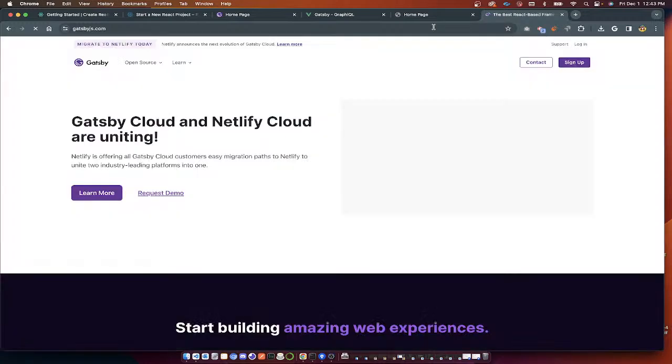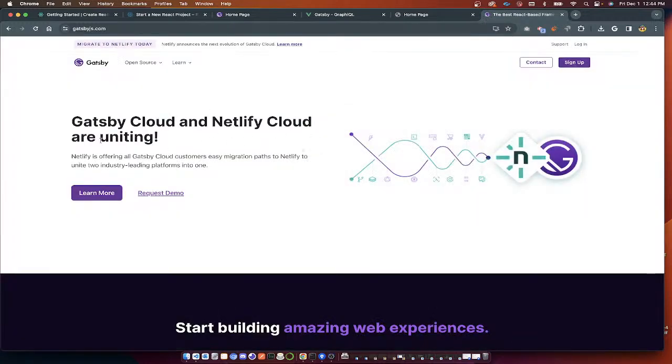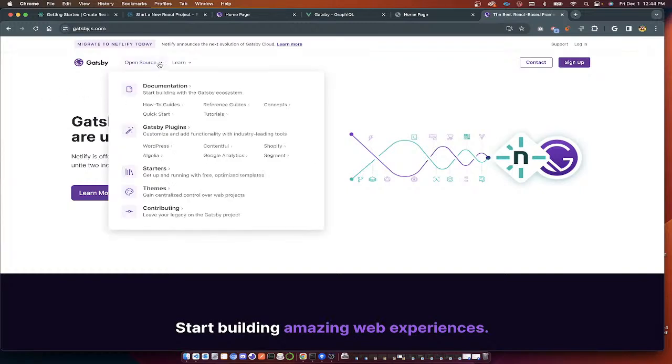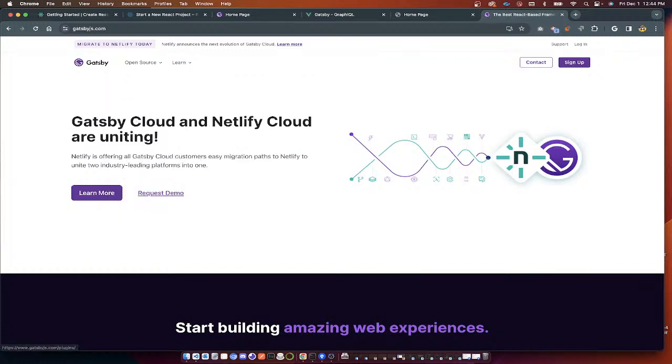And I'm just gonna take a quick look at what it is. Okay, Gatsby Cloud and Netlify Cloud are uniting. So I guess they're pairing up with Netlify, which is another headless CMS, and that kind of makes sense. A lot of big names would choose to pair up with somebody else, which is fine. I like that, at the same time I don't really care because I don't use them. So yeah,